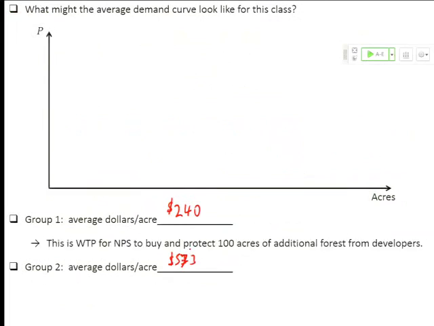573. So for group 1, this is the willingness to pay for an additional 100 acres of forest. Let's suppose that we are here at X, where X equals the area of Yosemite. I wish I knew what that was, but I don't. So for group 1, their willingness to pay is in here somewhere, $240 for group 2. So this is, at that point, the height of the demand curve is your valuation for one more or